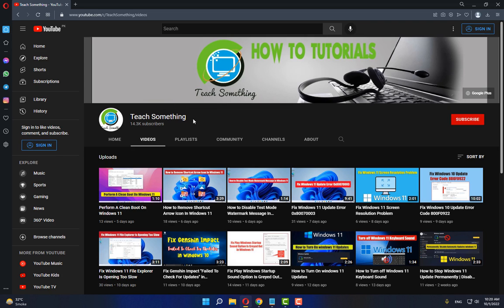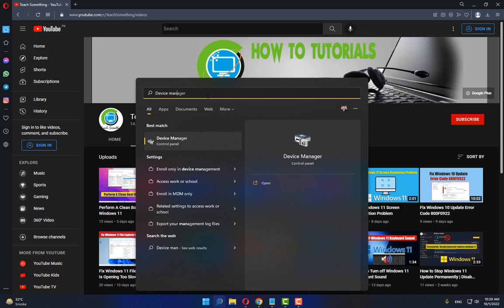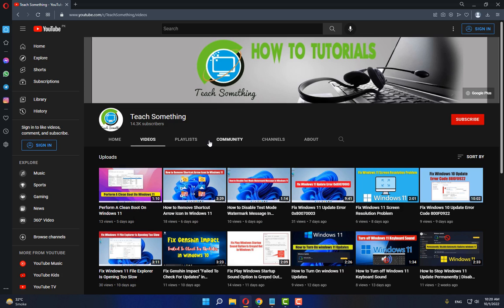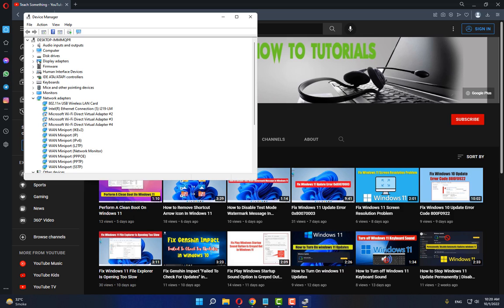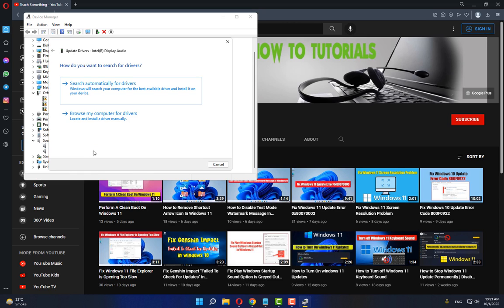So let's start. Okay guys, first of all, in the search box type device manager. Open Device Manager. Click on Sound, video and game controllers. Select Display Audio, right click on Update driver, search automatically for drivers,